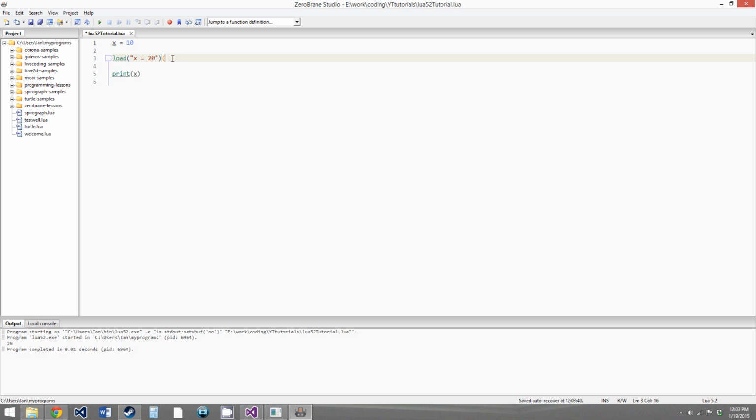So there is a way to make it so that you can check what's happened in the file or the string before you allow it to affect your environment variable. To do that, we give the load function a new environment that it will save its changes to. So create env equals empty table, and load also has an optional second parameter that is the mode we're going